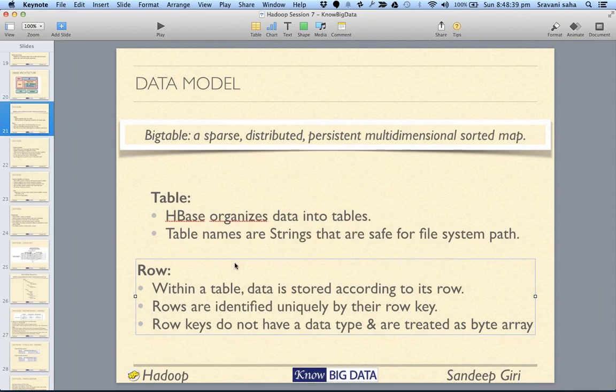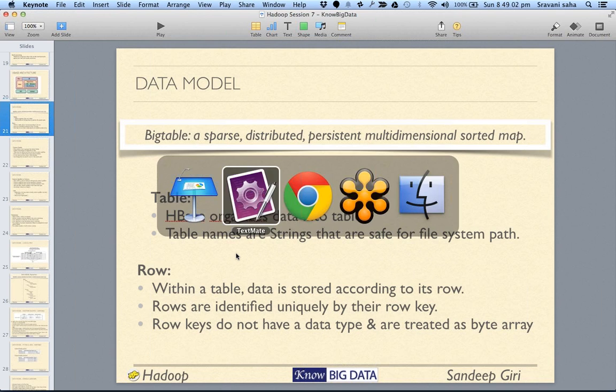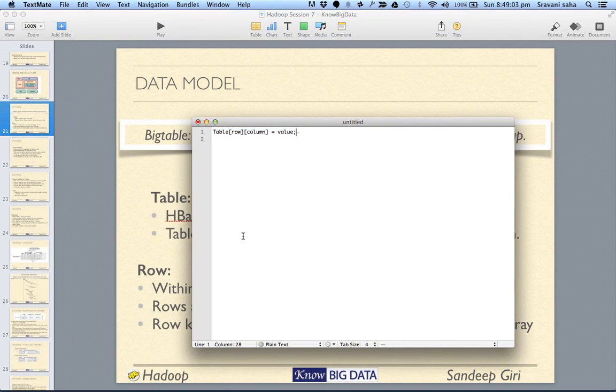All right, now moving ahead. HBase organizes data as tables. These tables are sparse, as in for some row and column there are values, for some rows and columns there are no values at all. Having the row key or the row header is mandatory. Unlike a relational database, where in a table we had only